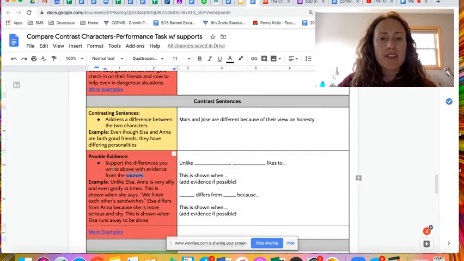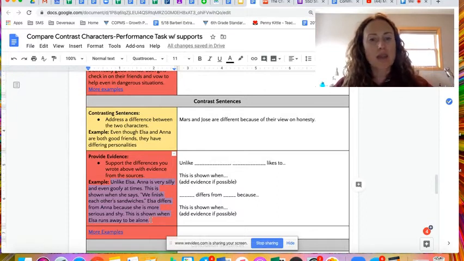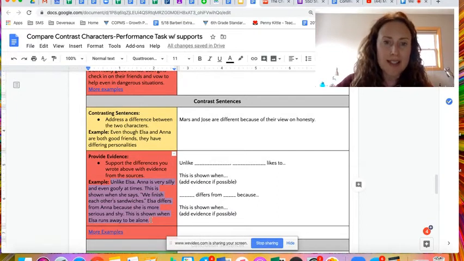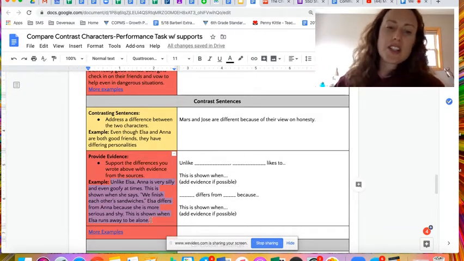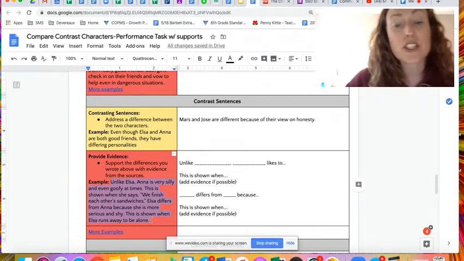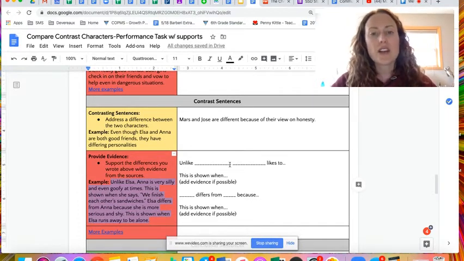So the evidence, providing evidence for this says support the differences you wrote about with evidence from the sources. Here's our example from Elsa and Anna. Unlike Elsa, Anna is very silly and even goofy at times. This is shown when she says, when we finish each other's sandwiches. Elsa differs from Anna because she is more serious and shy. This is shown when Elsa runs away to be alone. So I have to do this. Okay, so unlike